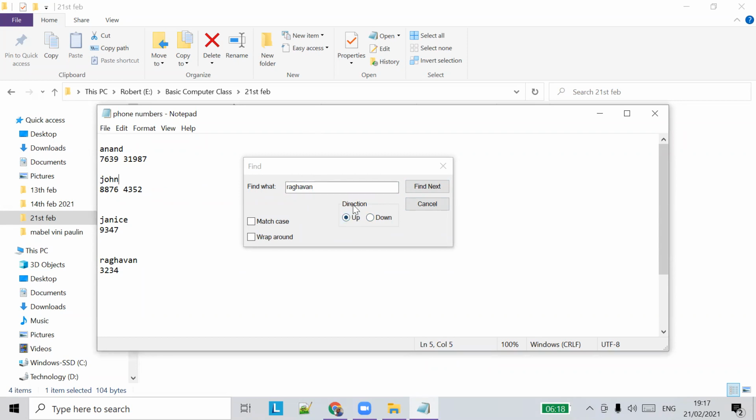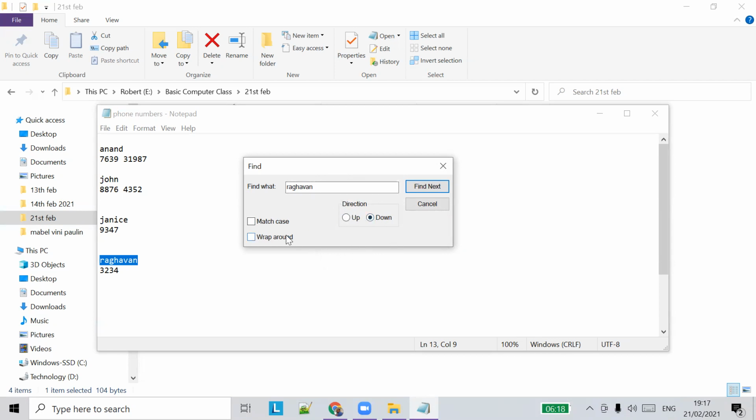So it will say there is no Raghavan. What you have to do is change the direction to down, and it will find Raghavan. That is the difference between directions. It depends on the cursor location whether you search up or down.